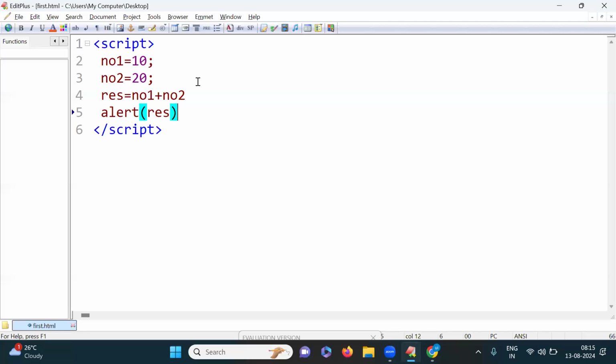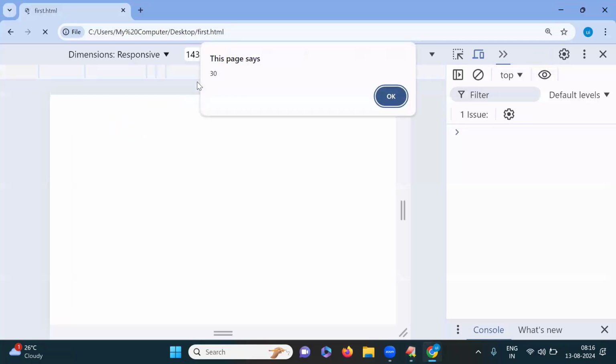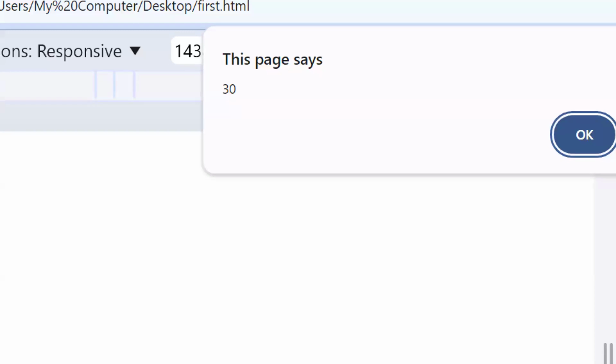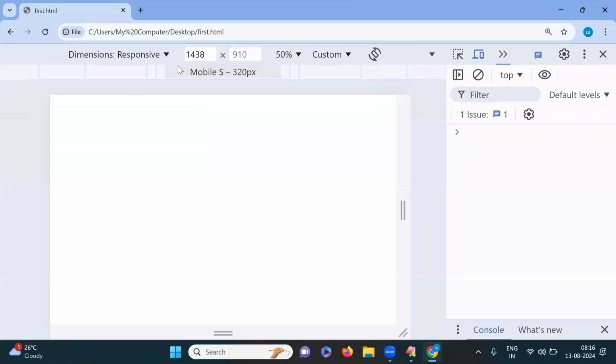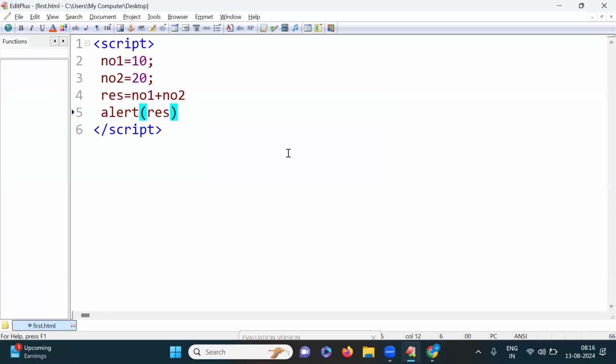Finally, result contains the addition value. Now if I save and refresh, what is the output we got? That is the output. Like that, this is very simple. At the time of variable declaration in JavaScript,